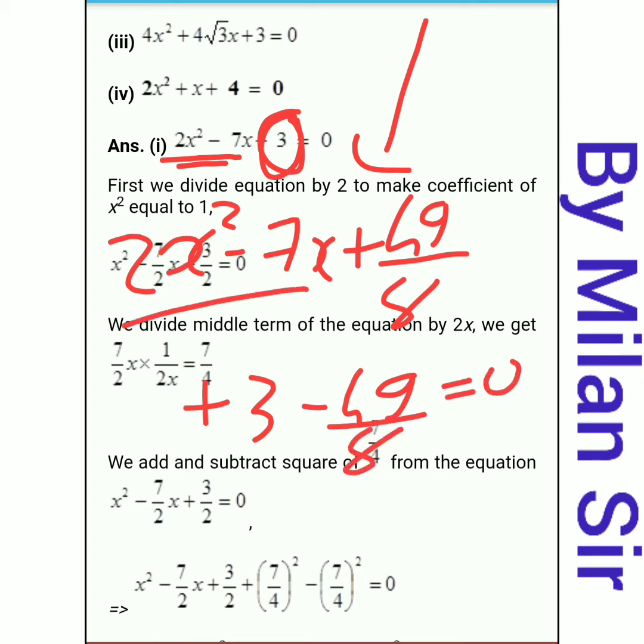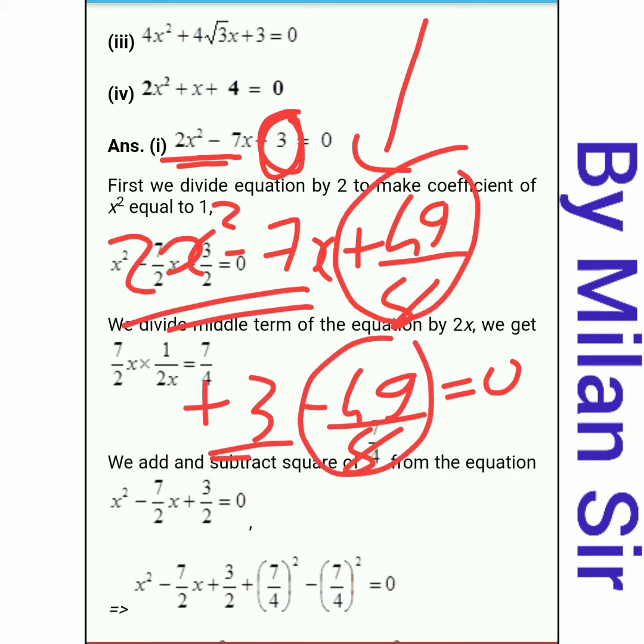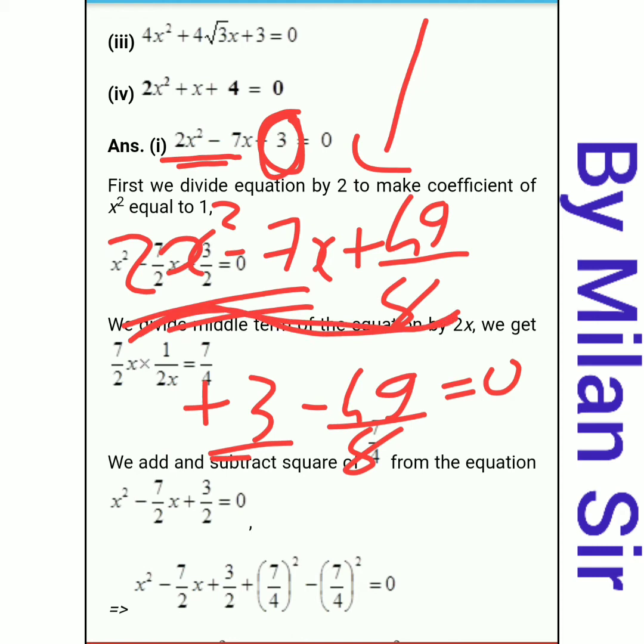Again, in these three terms we already have in the question, we add this term and subtract this term. That means we do not change anything in the original question, right? We just try to change the form of our question. Now these three terms are in the form of completing the square. Okay, so directly we can write the answer.